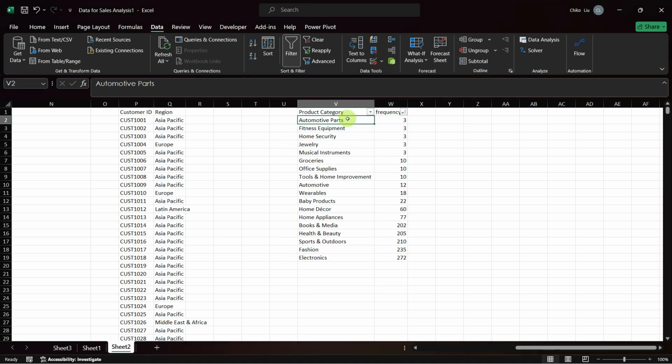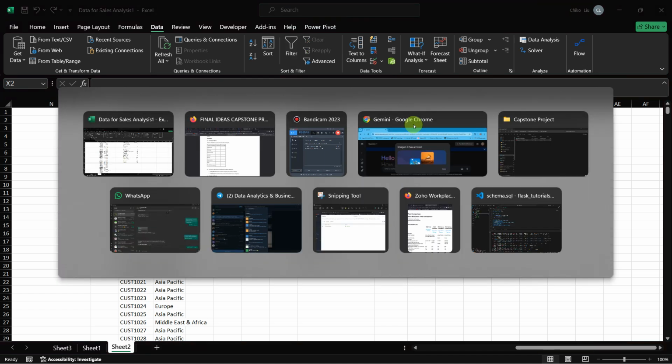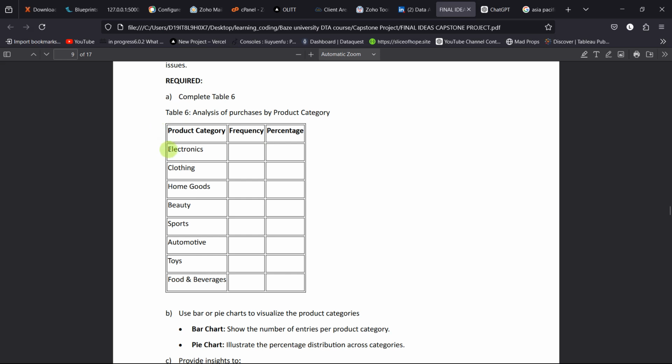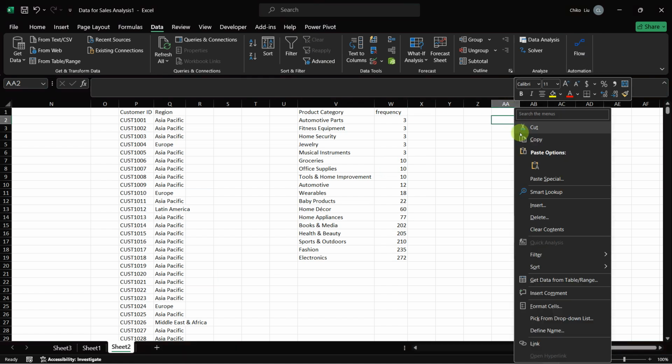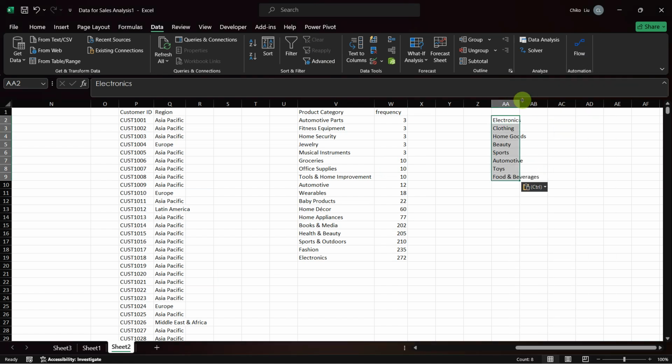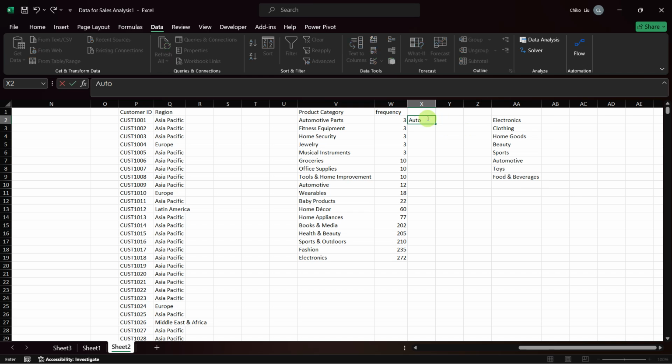So automotive part, automotive. So let me just copy this guy here, right? Again, you can take it to ChatGPT and it's going to. There are situations that